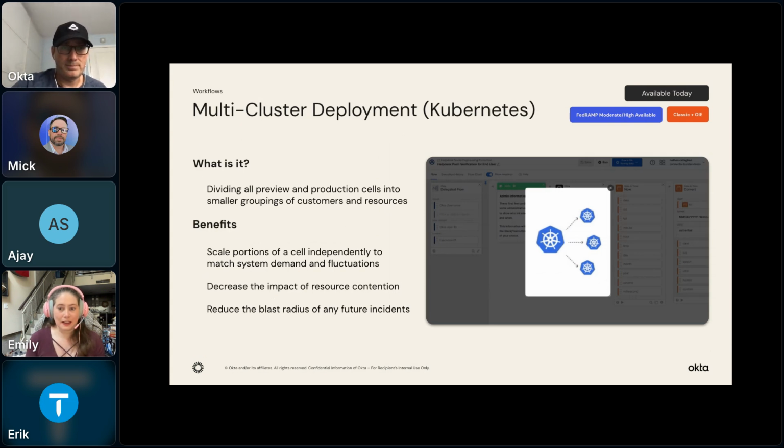I won't make any comments on how our performance has been lately, just to avoid anything happening. But we do now have the ability to scale each portion of our cells independently and fluctuate that as the system fluctuates, to make sure we're taking the right actions so that your flows and anything that you're doing is not impacted. We know that you rely on us for a lot of your business, and we really appreciate it. And we want to make sure that you're not impacted by anything going on behind the scenes.